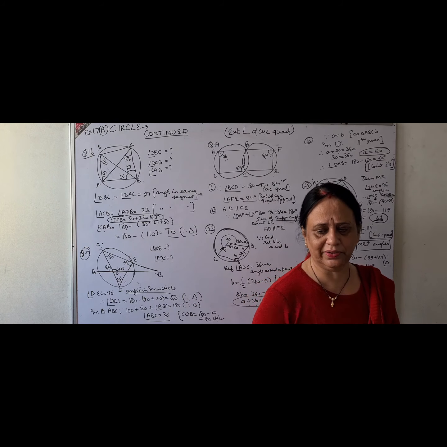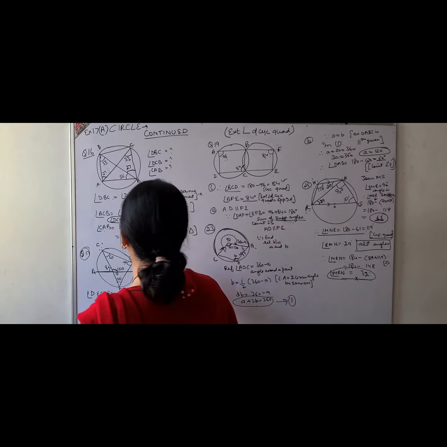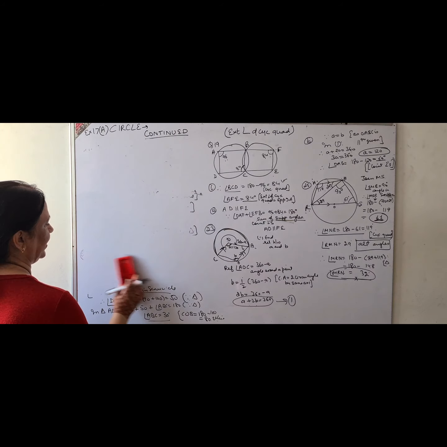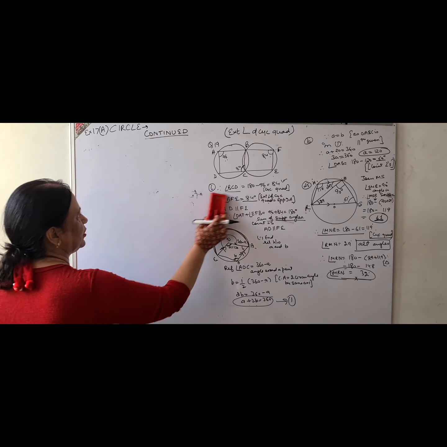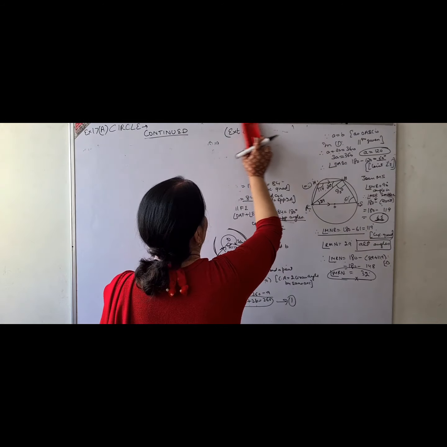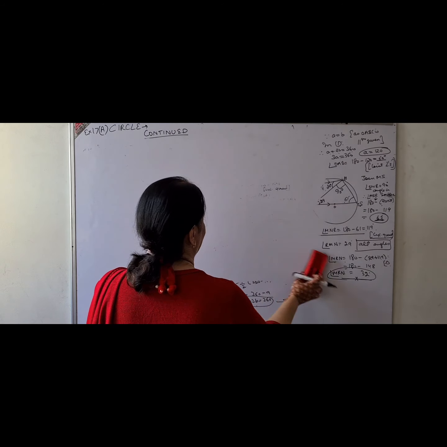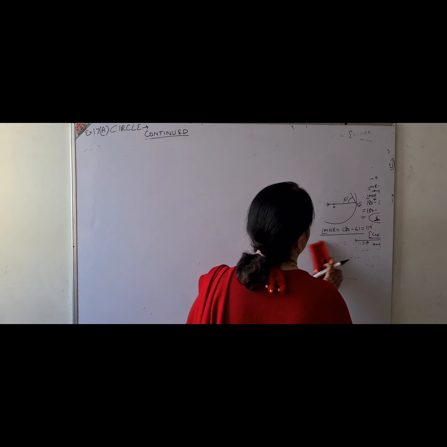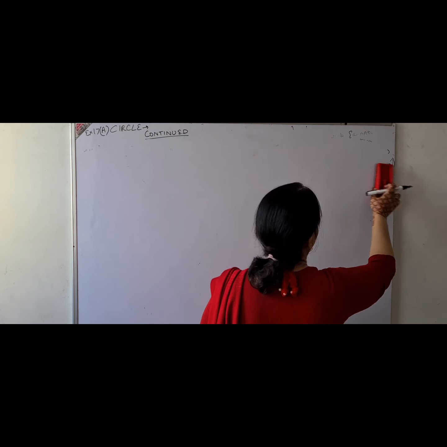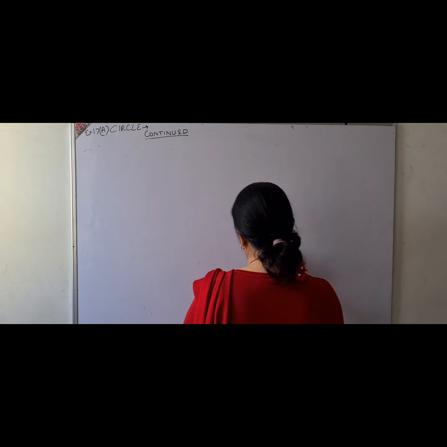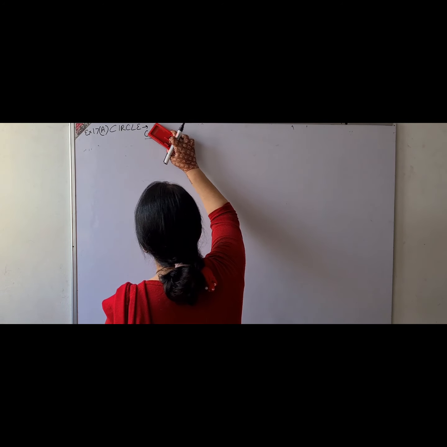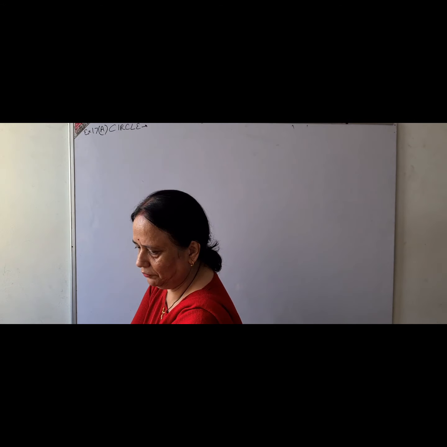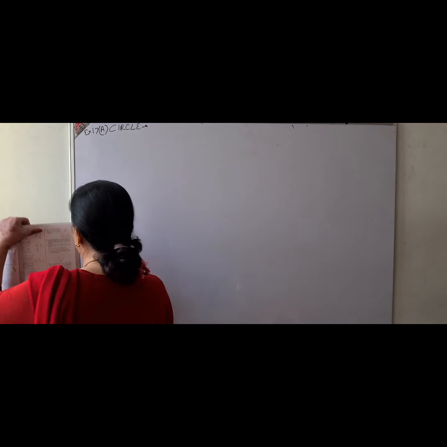So see children, whatever I am doing, I have given 5-6 results in the first video and only those results I am applying again and again. I am giving you this practice because once you know how to apply the results, nothing will be difficult. This is the only exercise which you are going to do for the papers, unit test, exercise 17A, as this is only in the syllabus this time. So children, you know what to do, how to do. Just watch the videos carefully and don't make any mistake. And of course your doubts are most welcome.